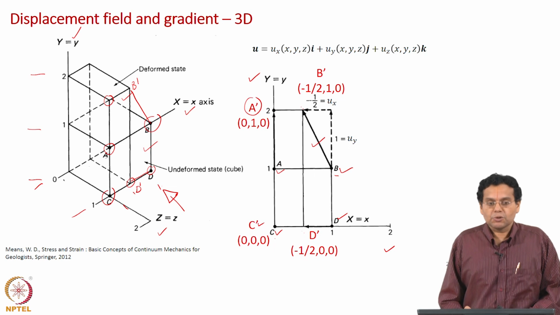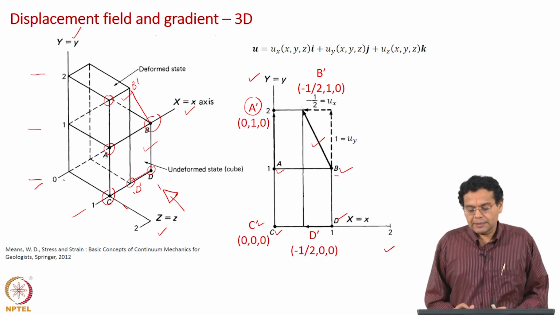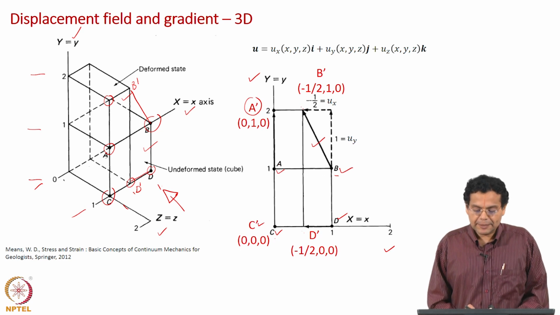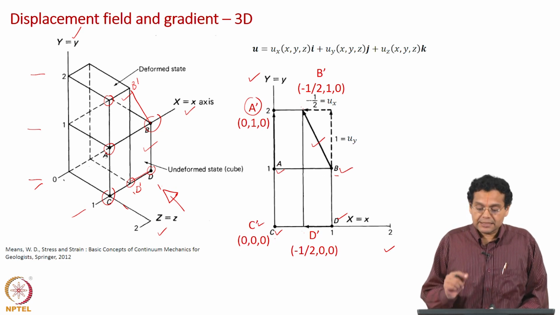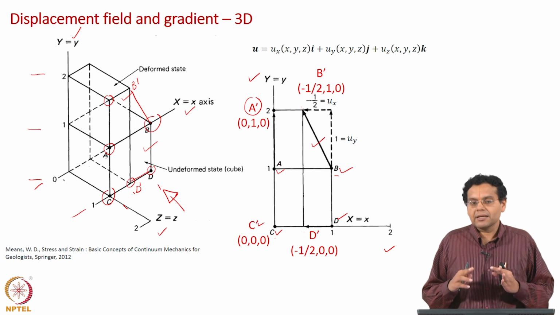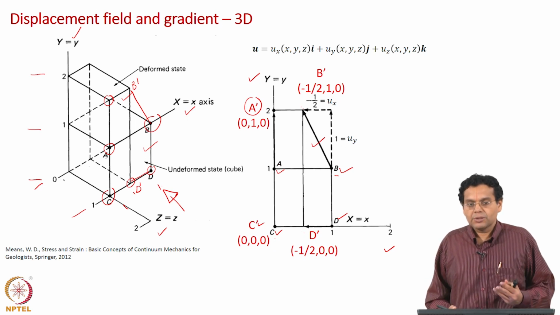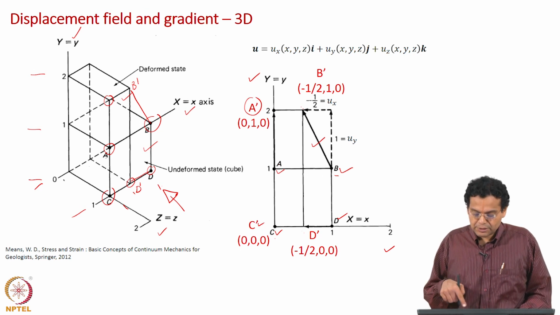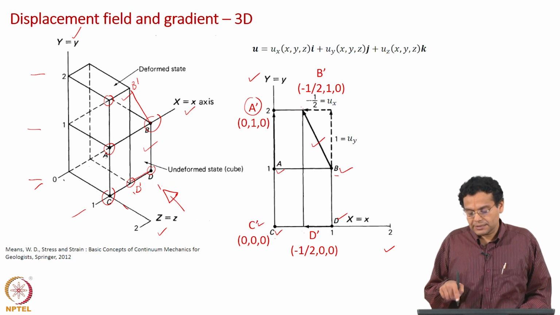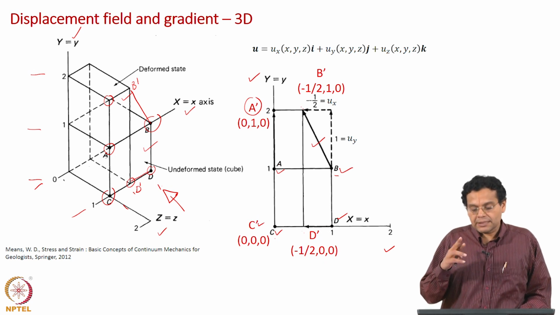Now what else is shown? Below the new position, 3 values are shown. What are they? They represent the displacement of these A, B, C, D particles along the x, y, z directions. Earlier we have gradually moved from x to x and y, now to x, y, z. So the numbers below the new coordinates represent the displacement of the particles A, B, C, D, because it can happen in 3 directions, 3 values are given.